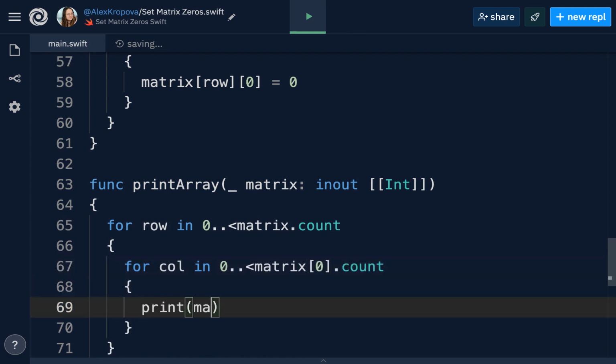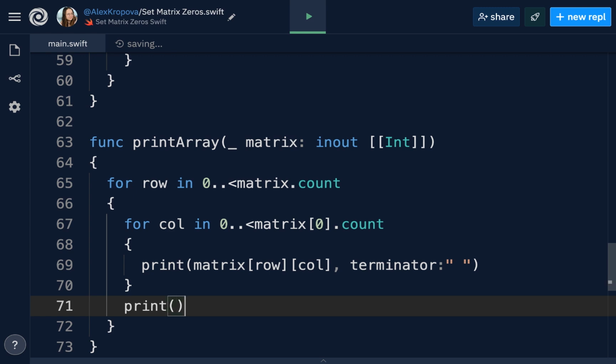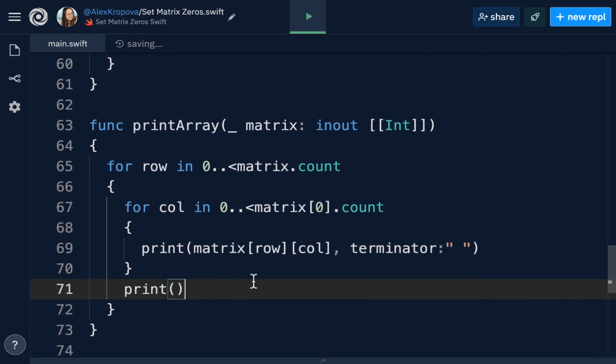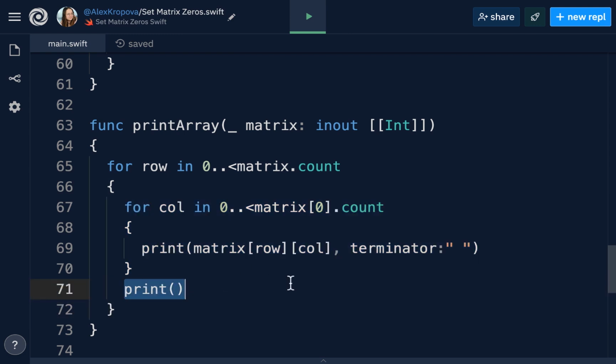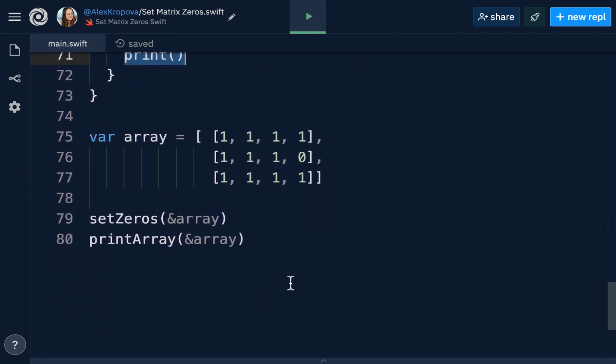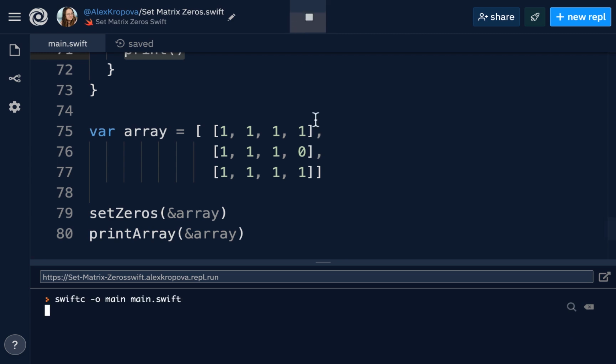So we'll go through each value in the matrix and print the current value. Let's also add in a space in between each value. And then afterwards we can also add a print statement, that way we will have a space between each row after we have gone through the columns in a certain row. We will print a new line break. This is for readability in our testing. So let's go ahead and come back down, pull up the console, and hit run.